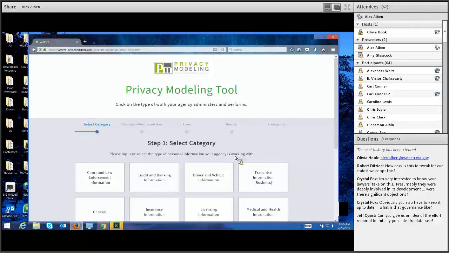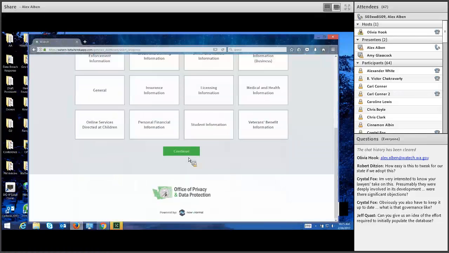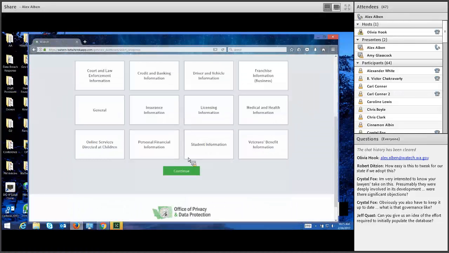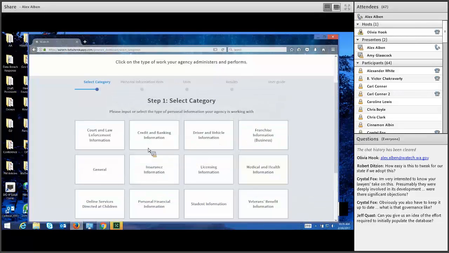I think that the key thing is to recognize what the tool is, what it does, and what it doesn't do. I think there may be some lawyers who say, well, you may get a false result from this. You may miss a law that's not covered, or you may miss a scenario that's not covered.